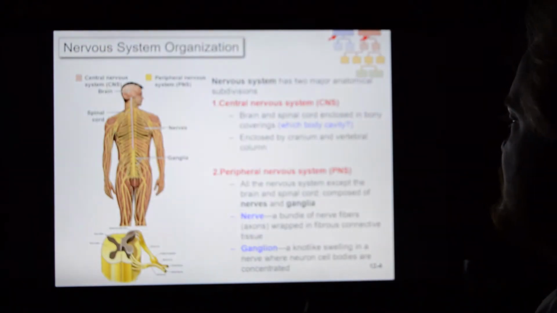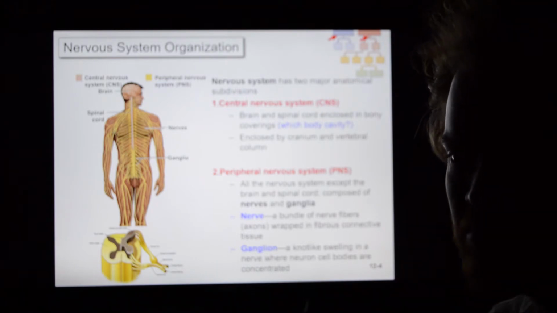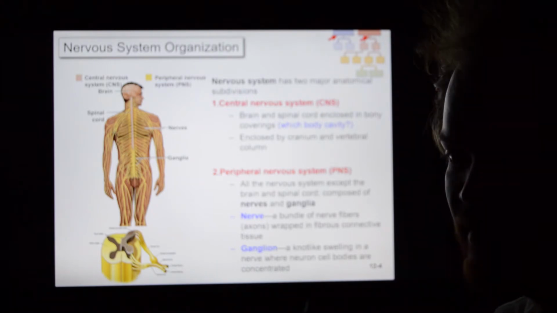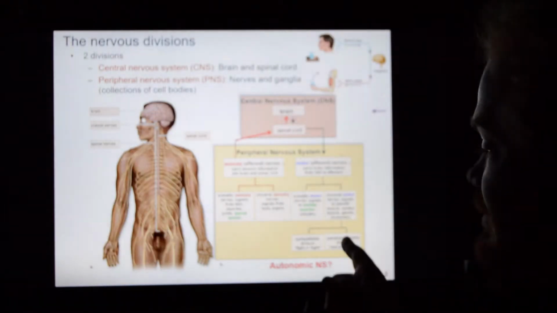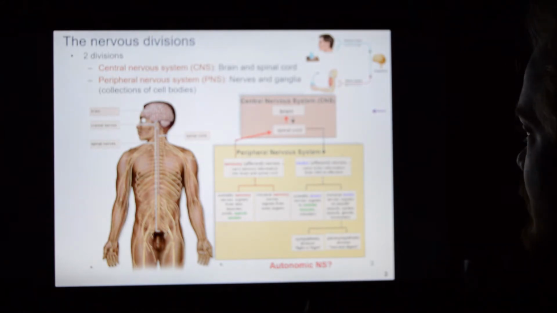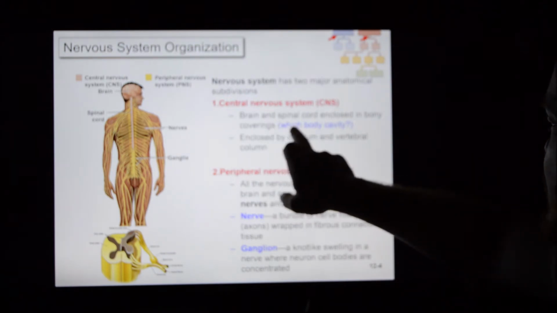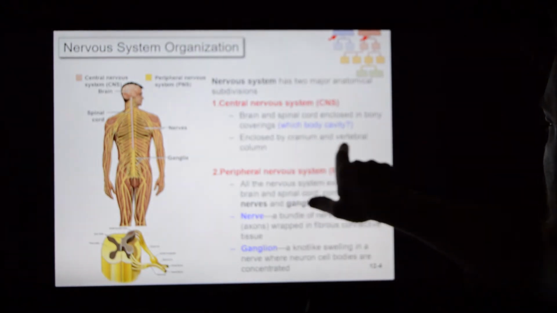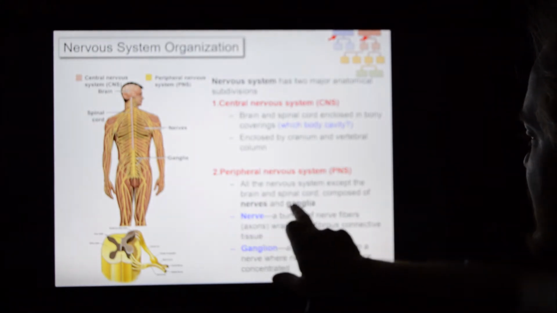Alright, your nervous system has two major subdivisions. I probably have already talked about all of this on this slide, because I think it's easier just to do everything here. So let me just click through and we'll see what we get to and what we don't. Central nervous system: brain and spinal cord, in the dorsal body cavity enclosed by the cranium and the vertebral column. Peripheral nervous system is made up of the nerves and ganglia.